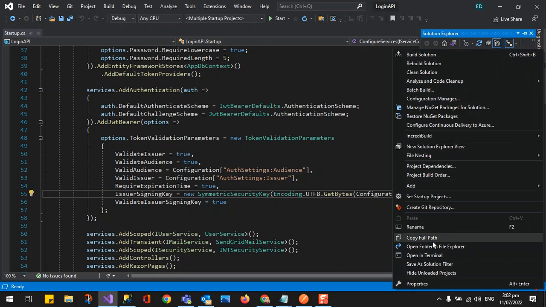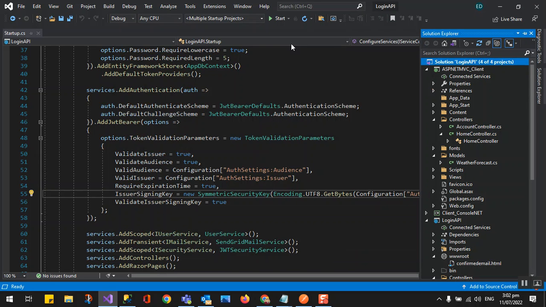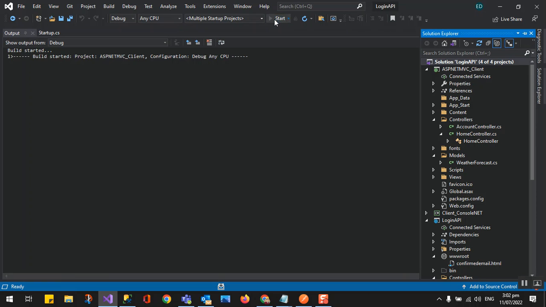All right, if we run this API, I have created a client with .NET MVC that is going to consume our login API. So we'll set it first.